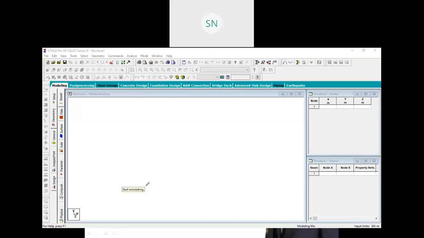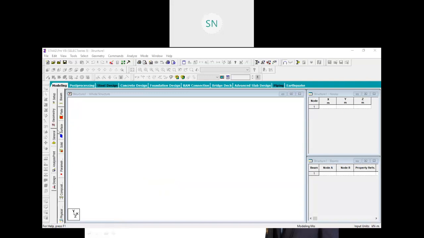Okay, no problem. See, first of all, let me explain the coordinate systems. To create a coordinate system, we have the x direction over here.